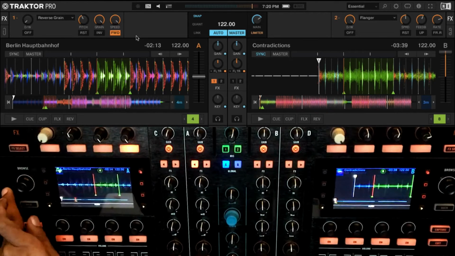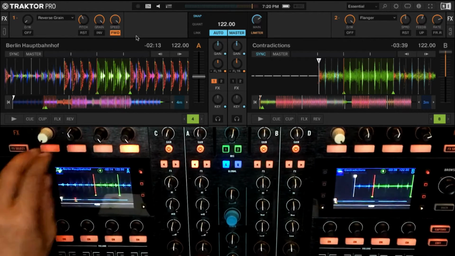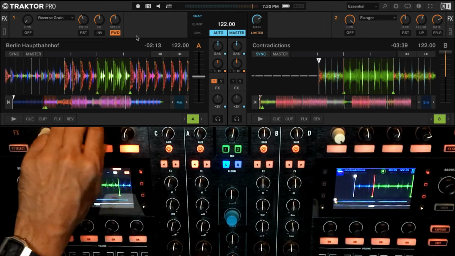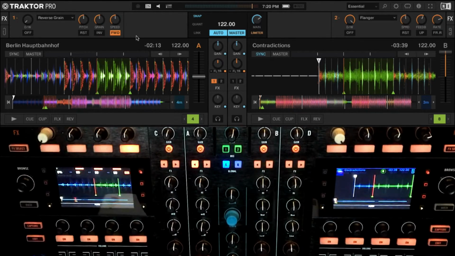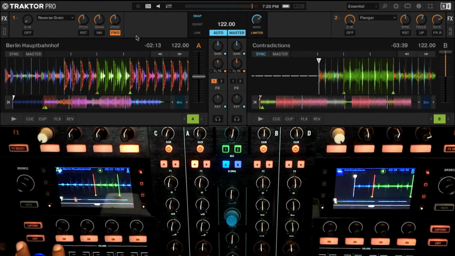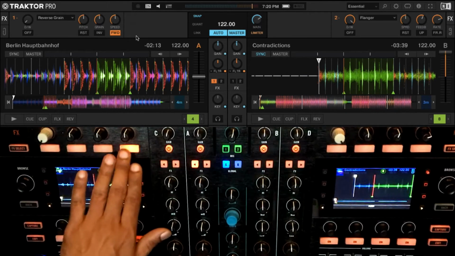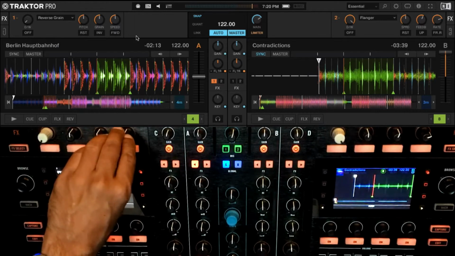So let's go with reverse grain, which is very similar to what the beat masher did earlier. So this can basically take a track and granularize it and play those grains in reverse. So we also have a forward button or a reverse button.